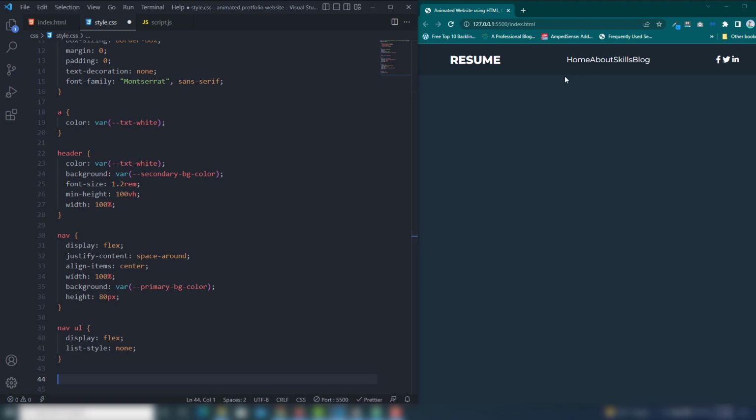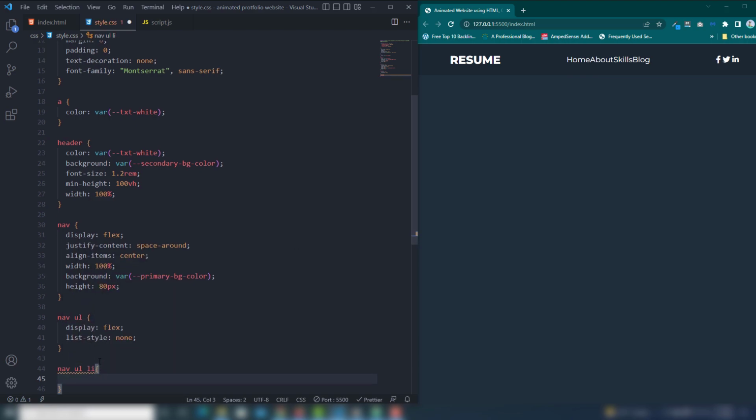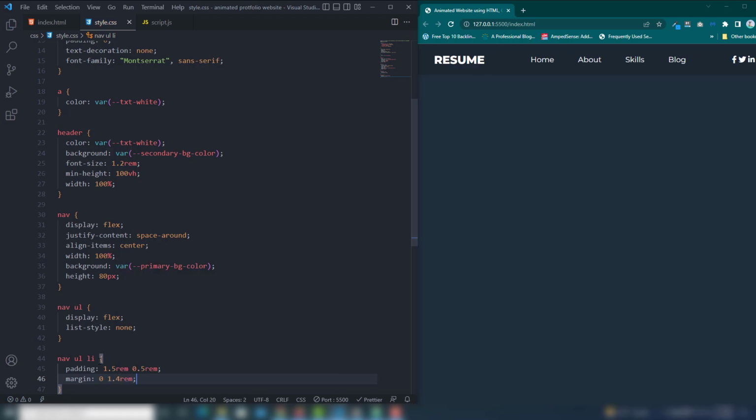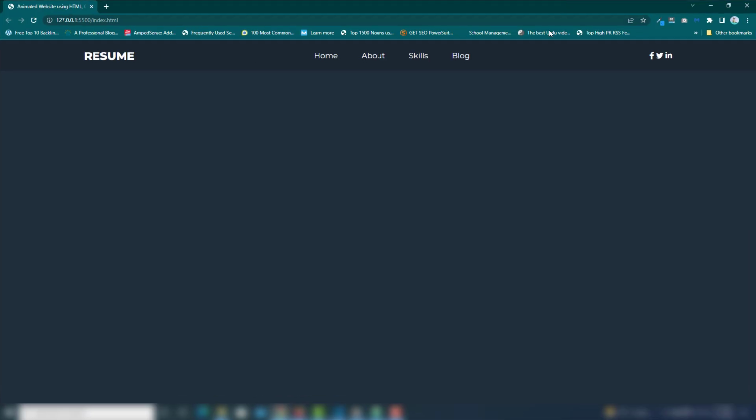So we need to make a space on there, so I call the nav UL li. So in the li I'm gonna use padding top and bottom 1.5 rem, left and right 0.5 rem, right? Also I'm gonna add the margin top and bottom 0, left and right 1.4 rem. So perfect.